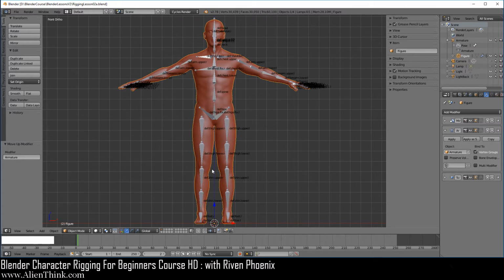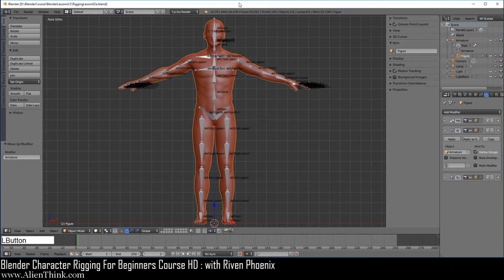Now the next thing that we need to do here is actually check to make sure that the bone rolls are correct for all the bones in our rig. Now we only have to check the bones that are in the center and on the left side, because we can simply just select them by suffix and press the G key and the Enter key to make sure, with the x-axis mirror, all the bones get aligned correctly on the right side.